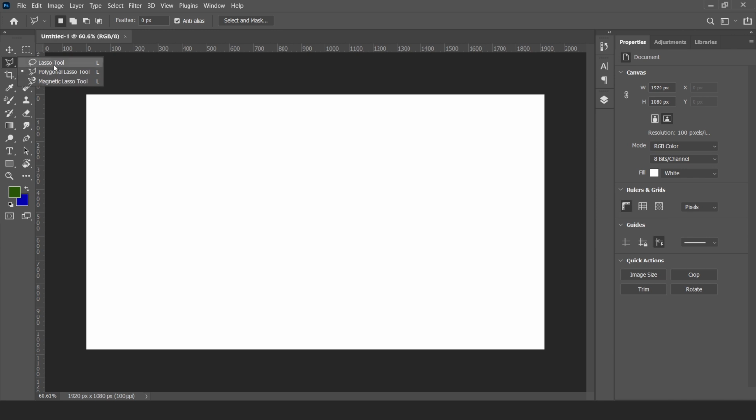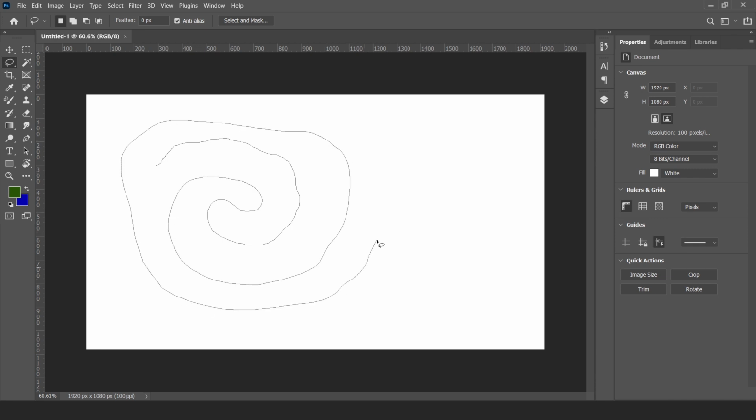Lasso tool is used when we select anything freely, like we have no points, just like a pencil drawing, you can say, just select anything freely. When you join the starting point with the end point, this will select.